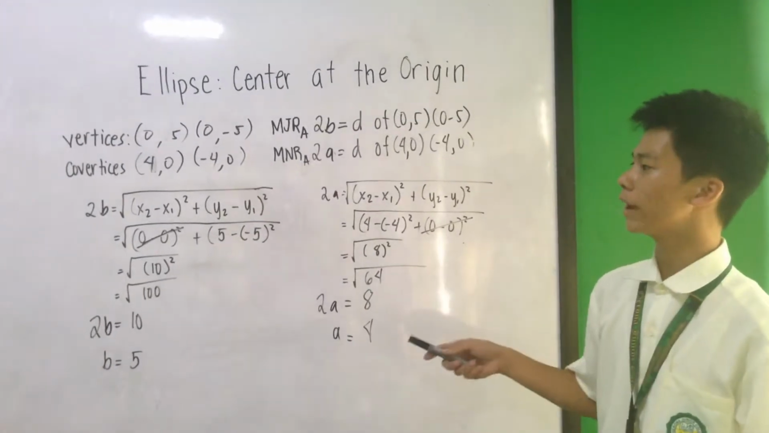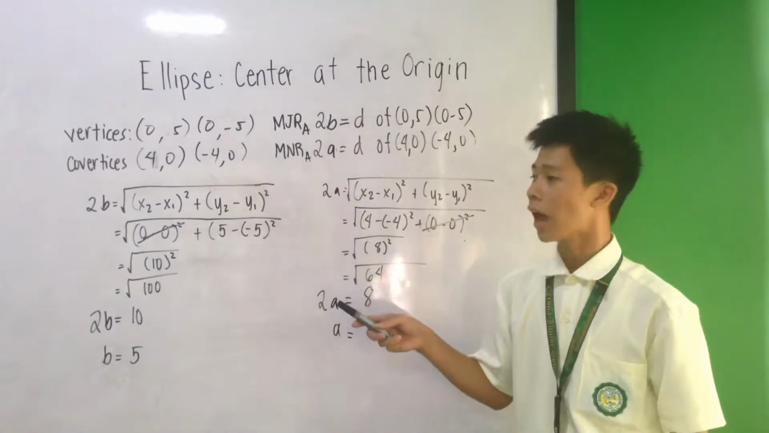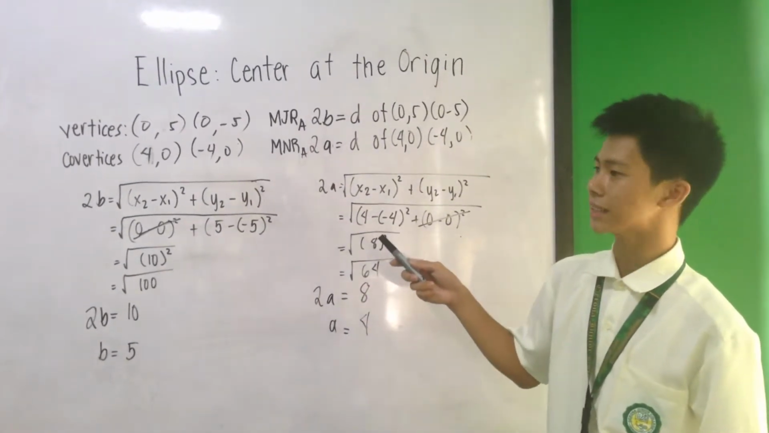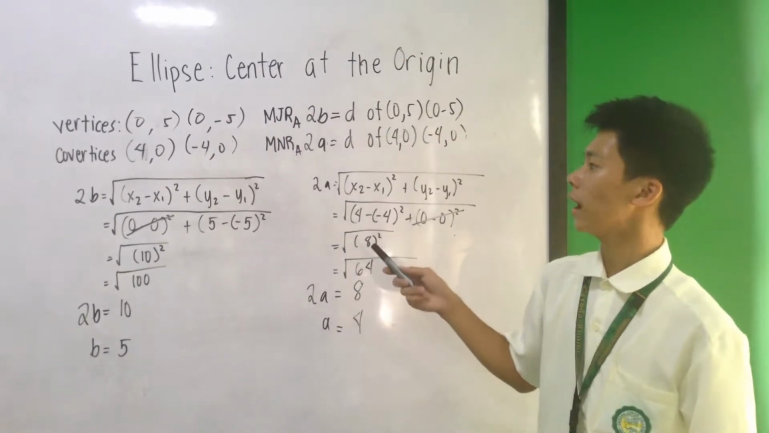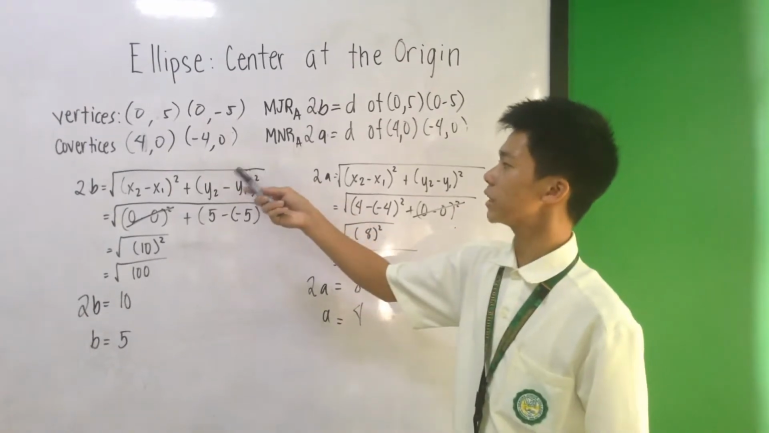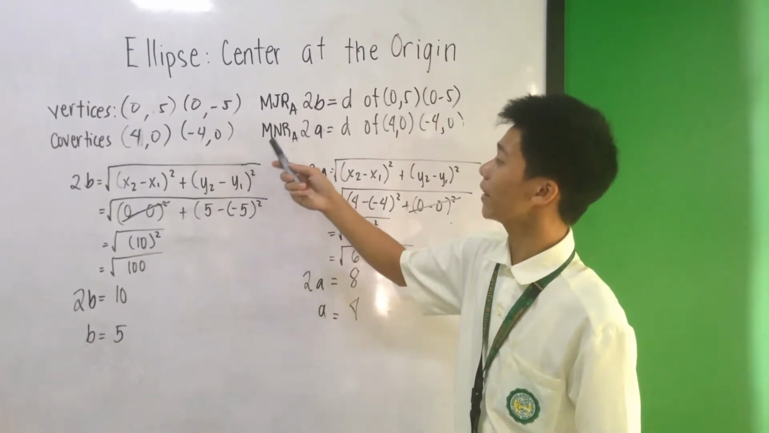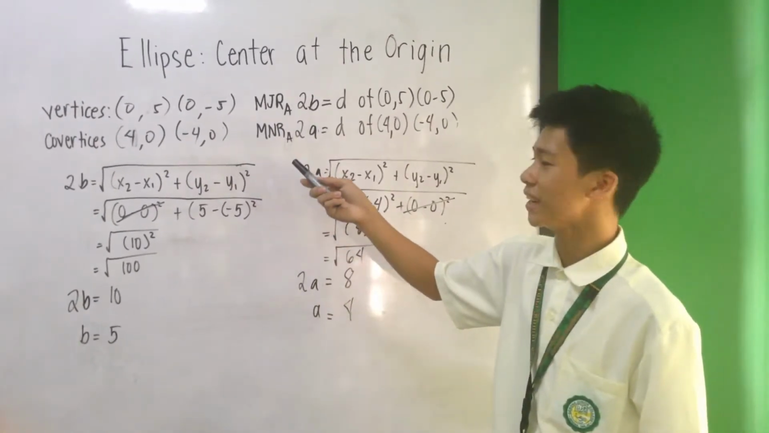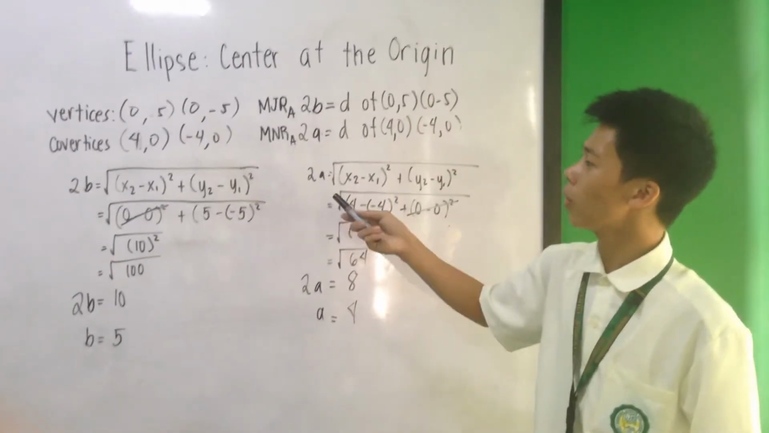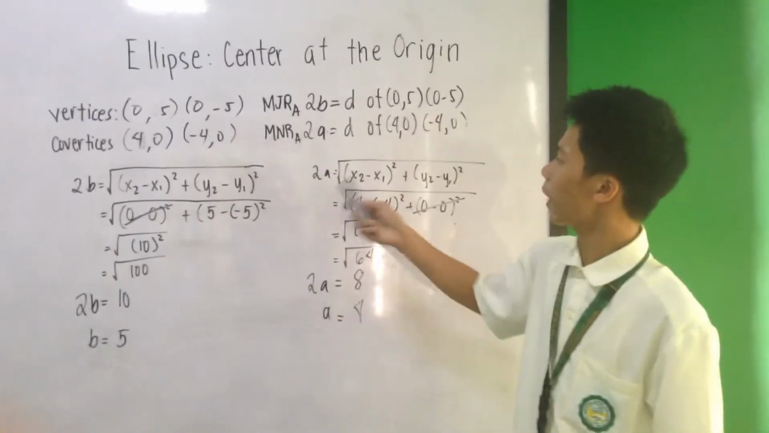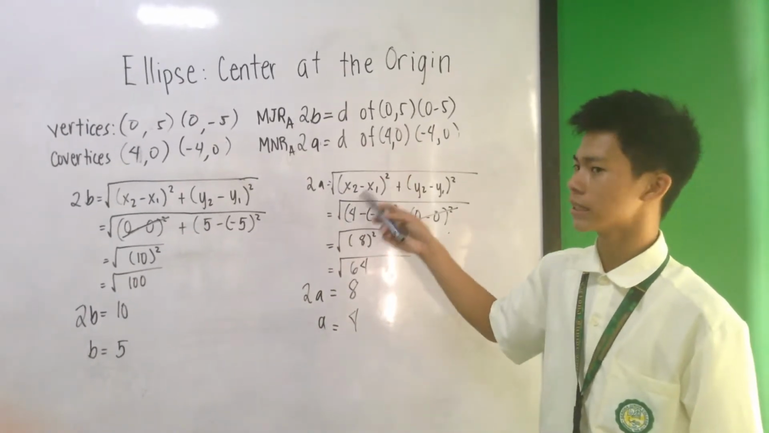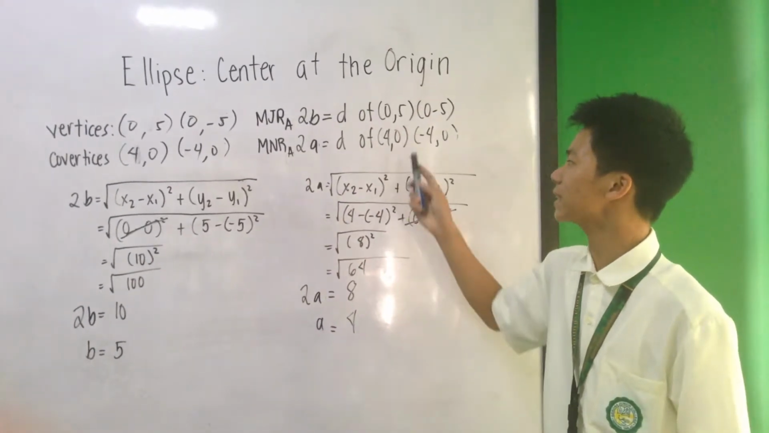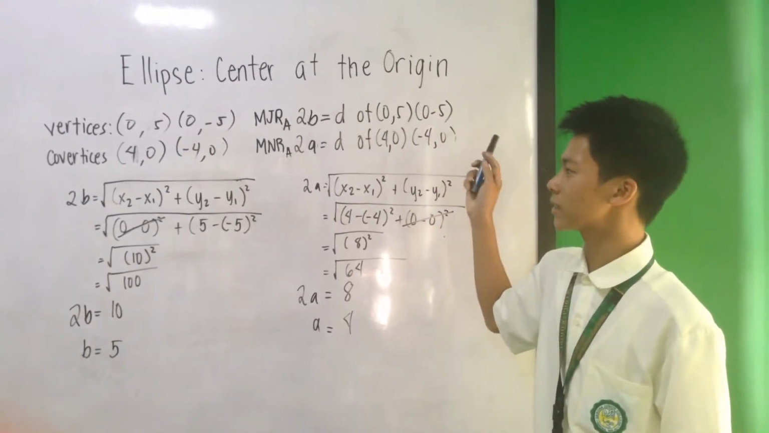In this example, we have the vertices and the co-vertices. The vertices is where the major axis lies, and the co-vertices is where the minor axis lies. And our vertices are (0, 5) and (0, negative 5), where the y-coordinate is the b. So let's equate: the major axis is equal to 2b, and 2b is equal to the distance of the vertices. So we will use